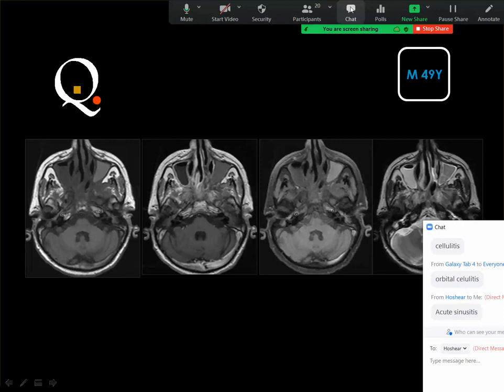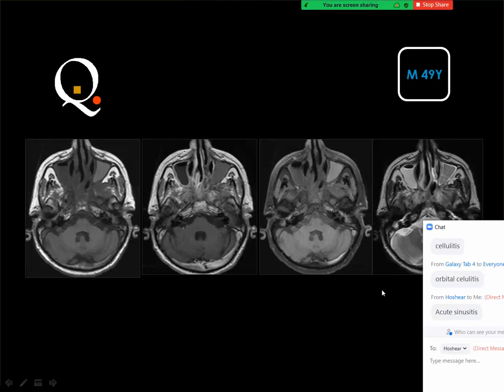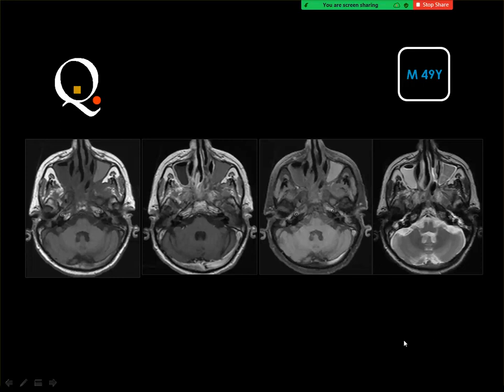Acute sinusitis. For the diagnosis of acute sinusitis, you should have an air fluid level. Maybe you imagine this is an air fluid level, it's okay. But what is this? Yes, this is fungus. The fungal sinusitis is right because the lesion is bright signal in the T1 and dark signal in the T2